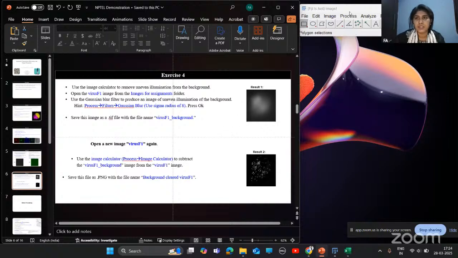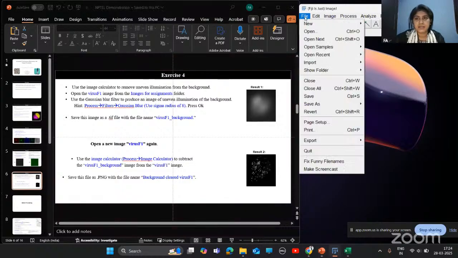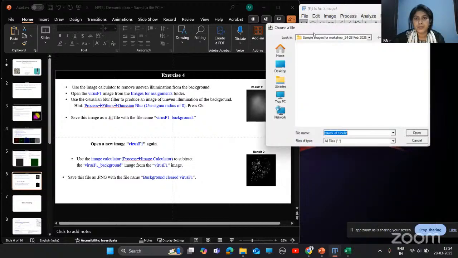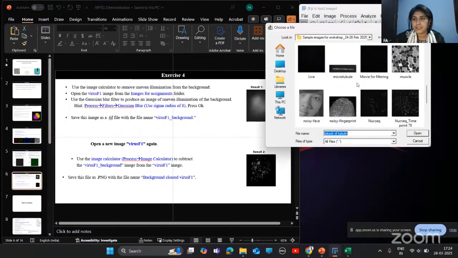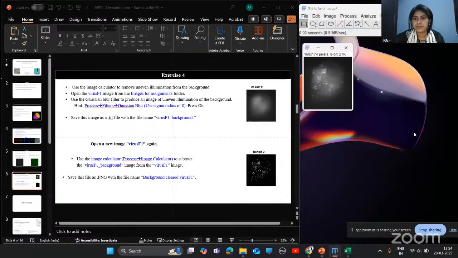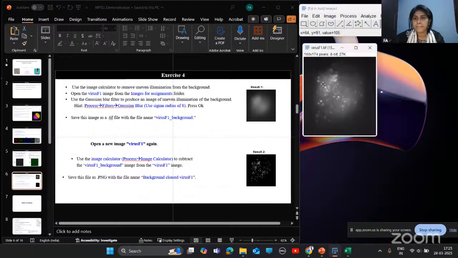I'll show this image first. I'll go to Open, and from this file I'll open this image. Here you can see this image has this background noise, and you need to remove this background.